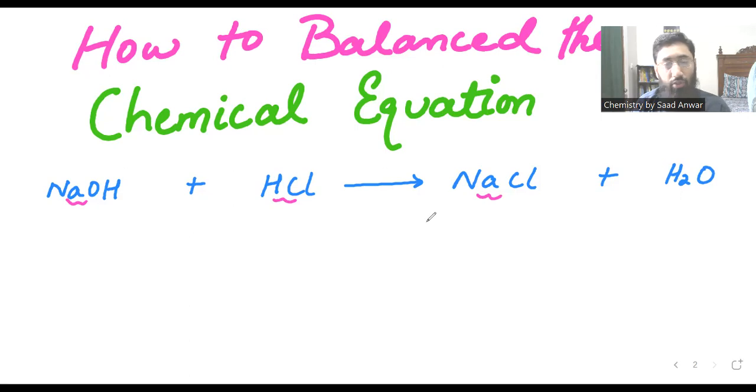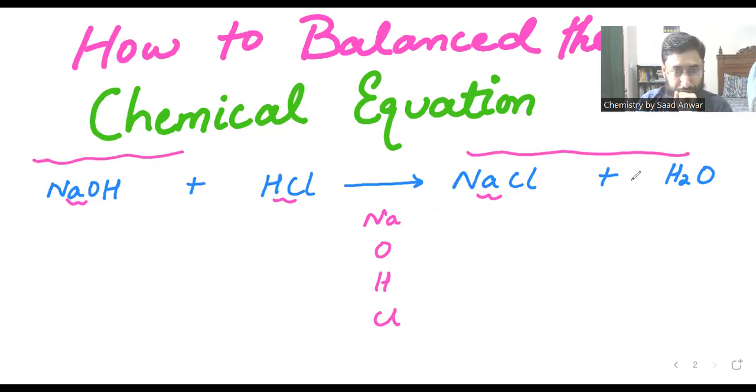Like in this chemical equation, first of all, we have to figure out how many atoms, which type of atoms are there. Here we have sodium atoms, oxygen atoms, hydrogen atoms, and chlorine atoms. So these are the atoms. This is the reactant side, and this is the product side. So I can see sodium is one here, sodium is one here, oxygen is one here, oxygen is one here,